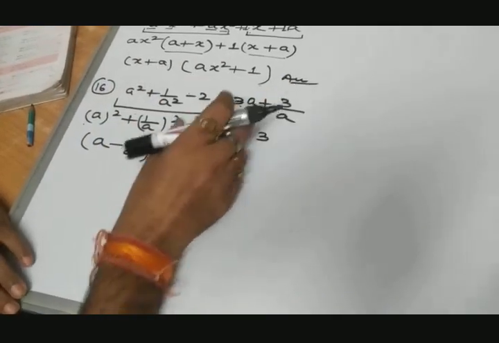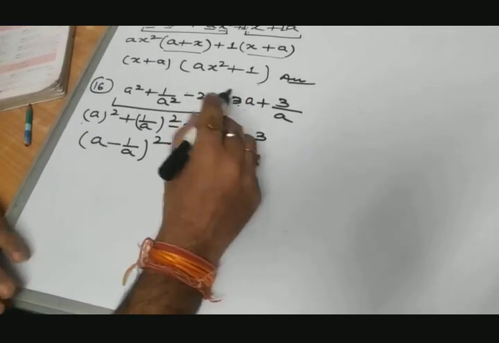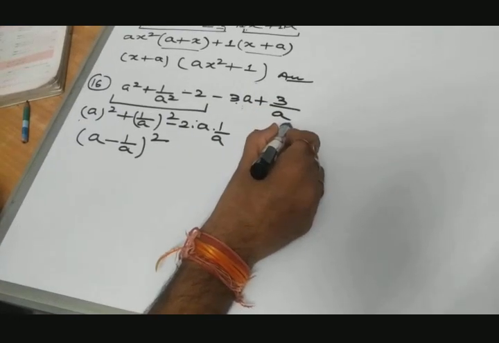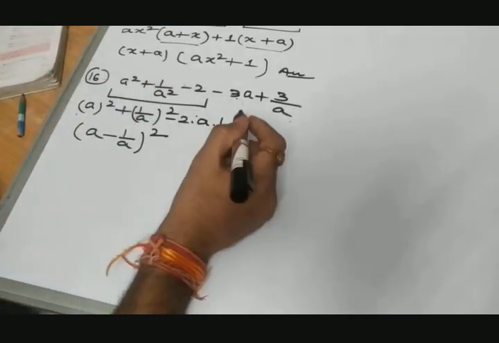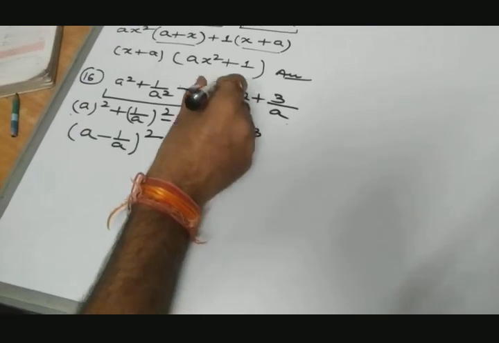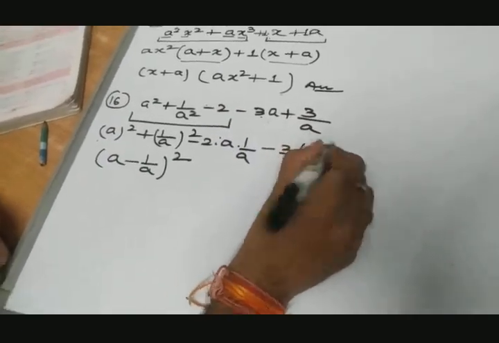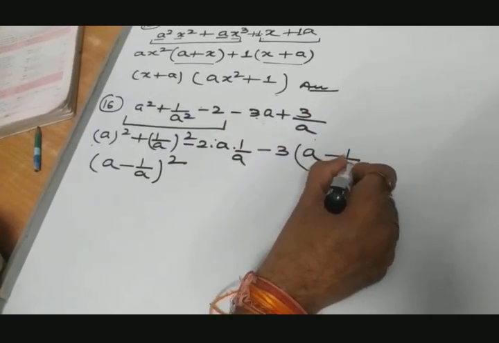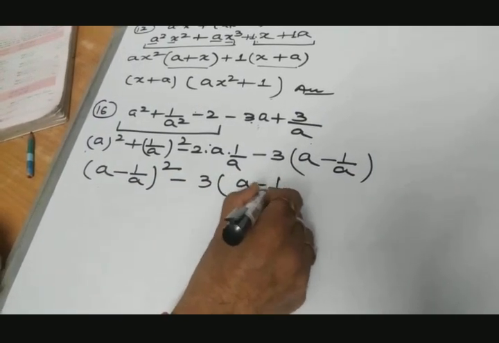हम ऐसी चीज़ कॉमन लेंगे जिससे ये टर्म और ये टर्म सेम आए. If we take plus 3 as the common, a will come as negative and 1 upon a will come as positive. The sign will be opposite to this bracket, so we will take the negative also as the common. Minus 3a divided by 3a converts into a, and minus minus 3 by 3 cancels, converting into 1 upon a, so it converts into minus 3 times a minus 1 upon a.